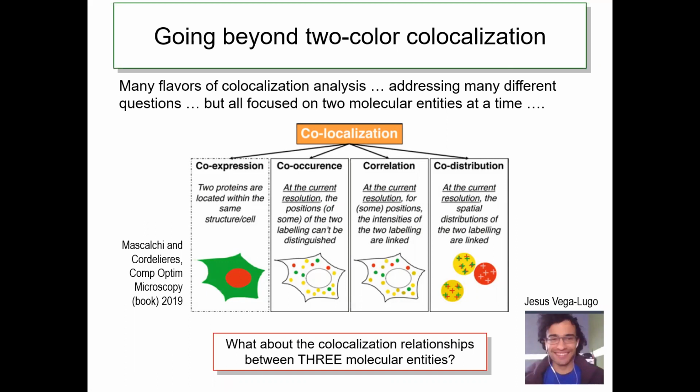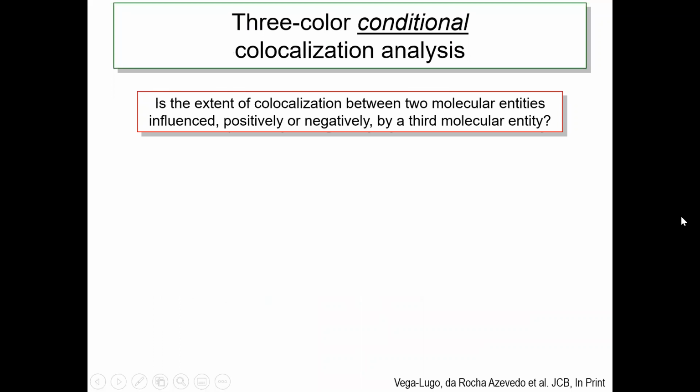And so we developed this new algorithm, which I will be telling you about, and this is the work primarily of a graduate student, Vega-Lugo, in the lab. So the question we're asking really is: is the extent of colocalization between two molecular entities influenced positively or negatively by